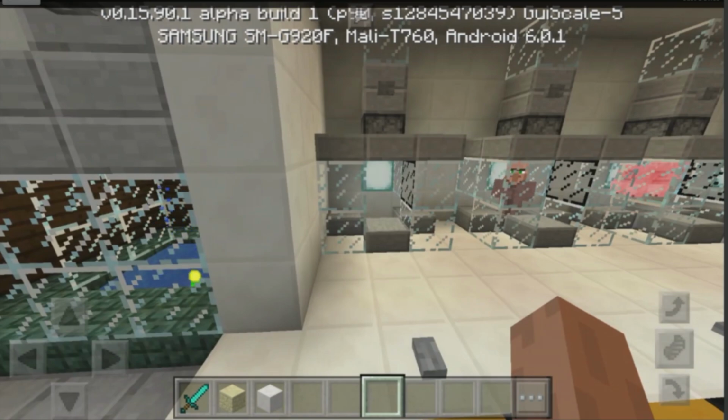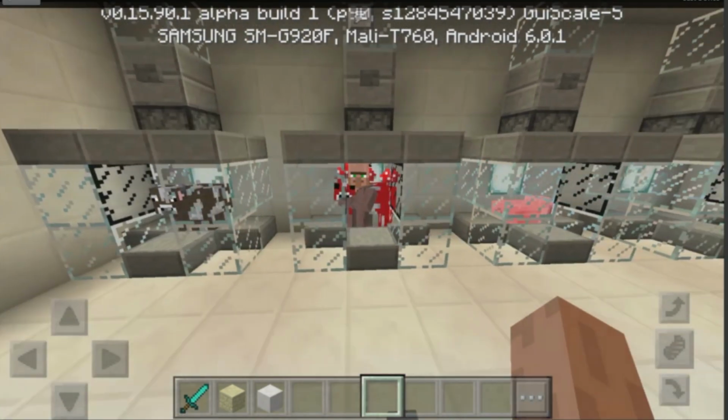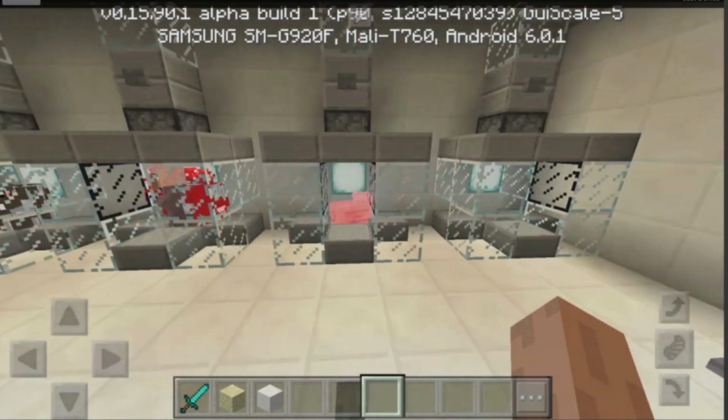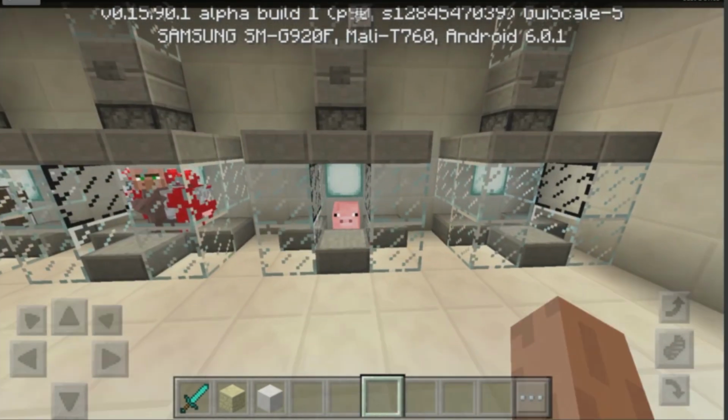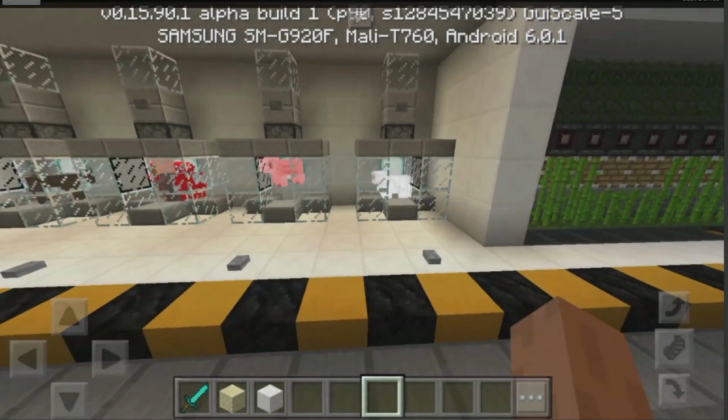Also, you click on the buttons at the top to give you different items. So this one has a cow, this one is going to put a mushroom cow in with the villagers, so he's like, what the heck's going on? And then obviously this one's the pig, and then over here we have a sheep. So yeah, that's basically that. You can just mess around with different mobs and do different experiments on them, whether they be good or safe,